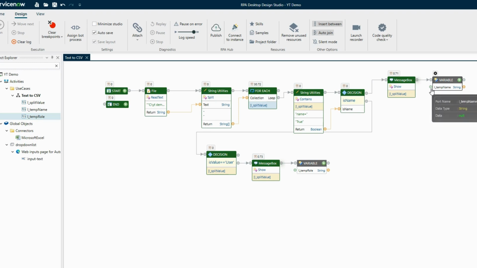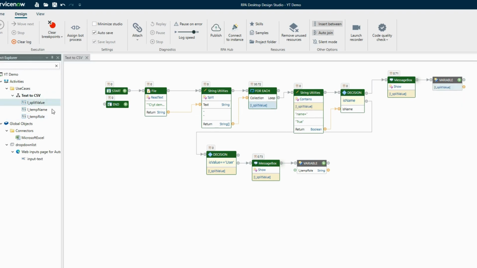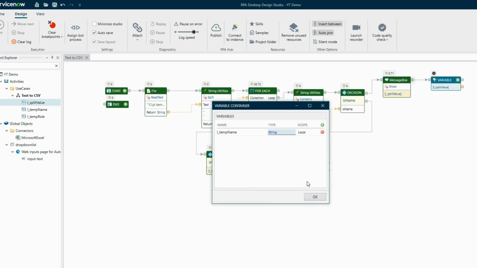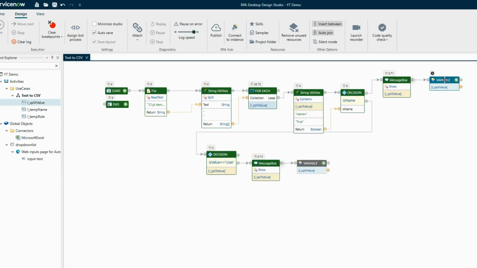As we are transforming the data, what we are transforming is the split value, right? So we should be giving this. In case you need, you can still have the message box, but it's not required for the first execution. Let's just have it, and later we'll remove it. Okay, now that we have saved the name and role in a variable, the next step is to just